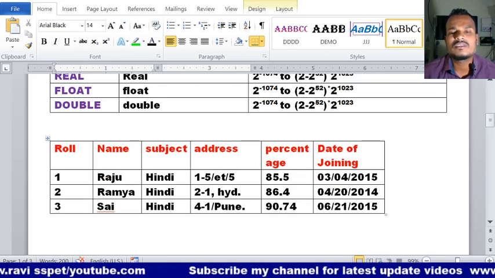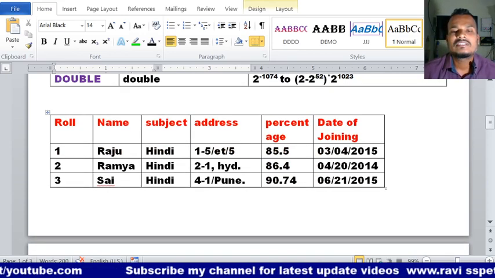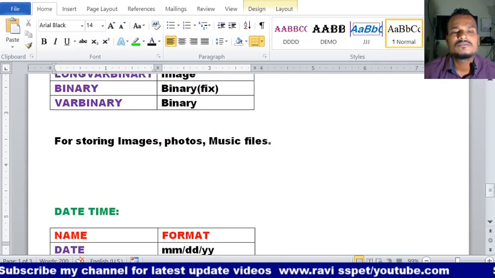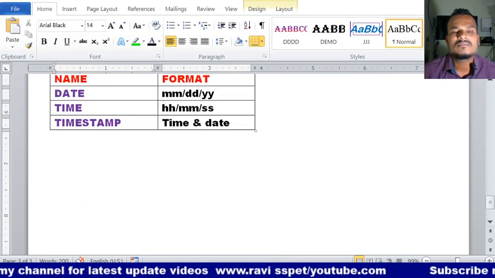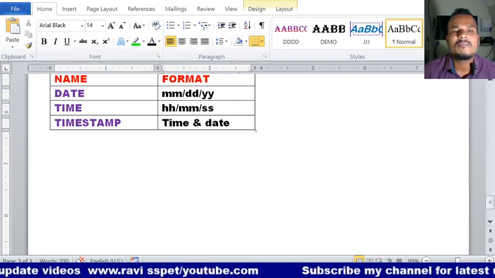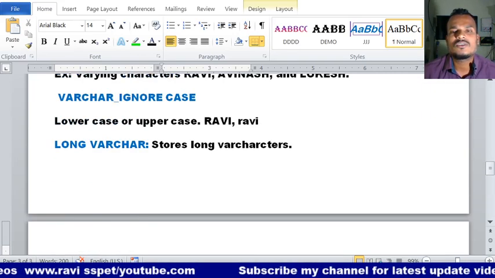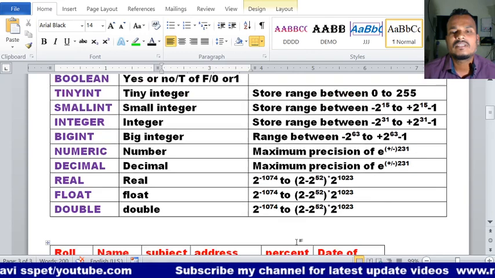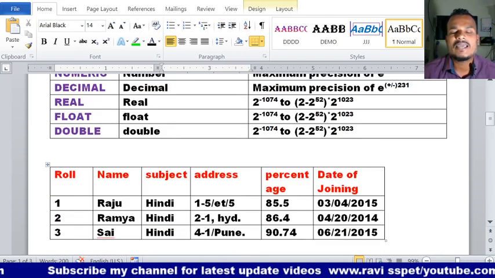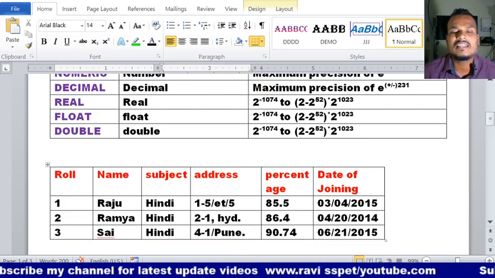Here we have to use the data type timestamp. Timestamp is used whenever we need time along with the date: month, day, year. Here we are giving the student's date of joining, so at that time we have to give the data type date.